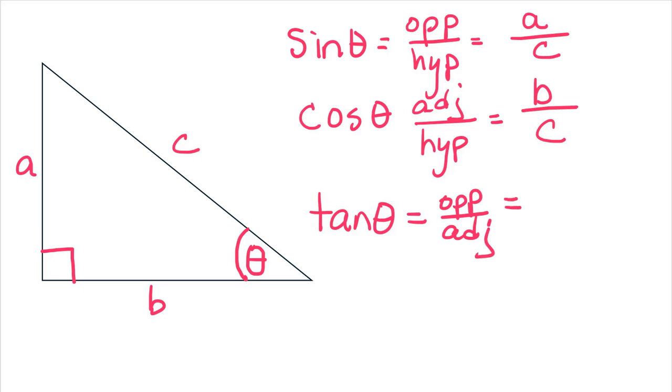So here's theta. The opposite side, as we saw in sine, is A. It's across from theta. The adjacent side to theta is touching theta. It's B. So these are the trig functions. You can only find the trig functions in this triangle if you know which angle you're talking about. All right, so those are the trig functions for the angle theta, but what if we called this angle,